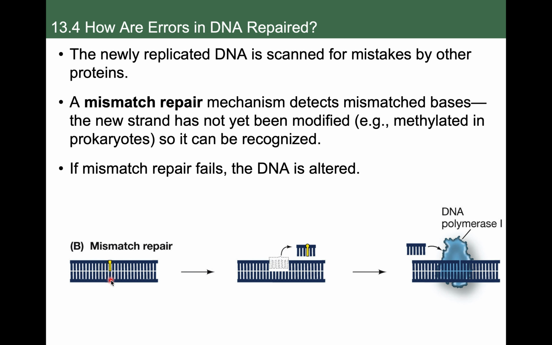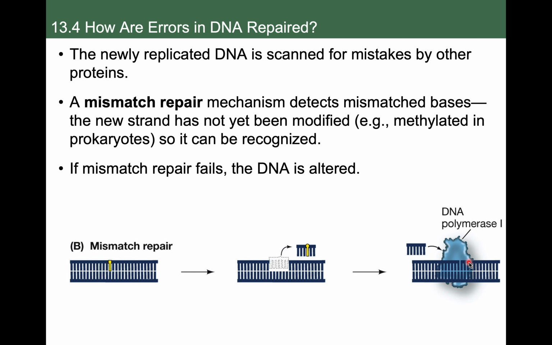Maybe this was a G down here, we should have inserted a C up top, but we put in a T instead. So we've got that mistake. Well, there is a mismatch repair mechanism, which is basically an enzyme that will come in and identify the mismatch, cut it out, so you're left with a little gap, and then DNA polymerase can come in and fill in the gap and hopefully not make the same mistake again,